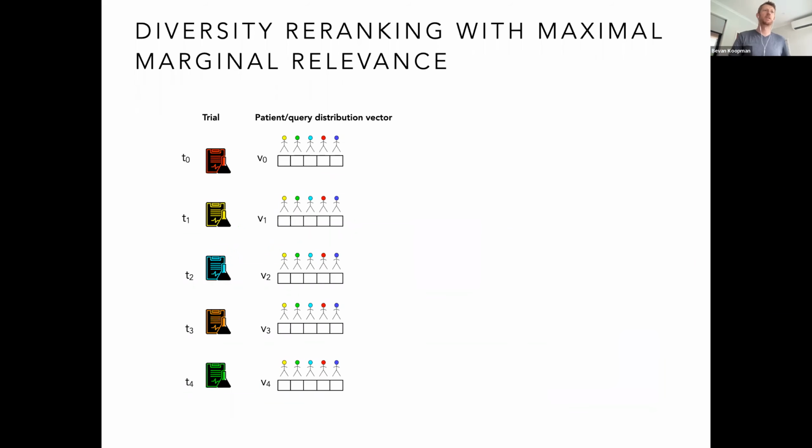So let me explain how that works. You have here a bunch of trials, a ranking of trials. And for each trial, we represent the trial as a vector, which is a distribution over the query set. So essentially saying just that this trial was retrieved by this query. Okay, and then the way the ranking proceeds is, say we're at rank position 2, and we want to then rank the next trial. What we'd like to do is pick the next trial such that it's somewhat diverse from the previous. The way we do that is the previous trials are accumulated into this previous vector together,